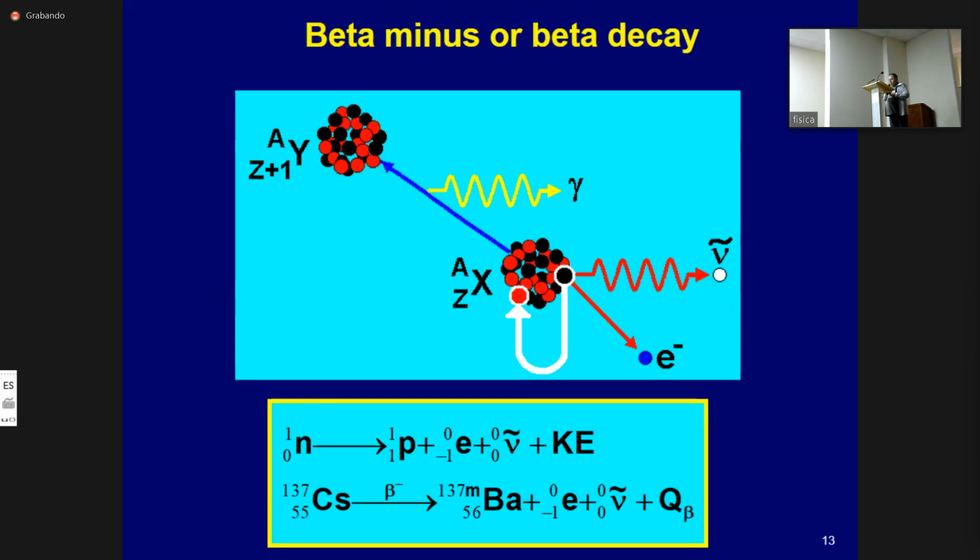First, starting from beta minus decay. It occurs when the nucleus has too many neutrons. It is enriched with neutrons and is called neutron rich. The transformation of an extra neutron into a proton can lead to a more stable state of the nucleus. This phenomenon is accompanied by the emission of an electron, called beta minus particle, and an antineutrino.